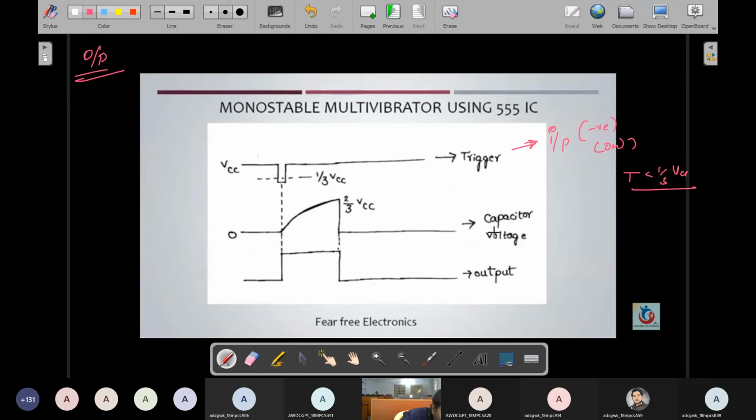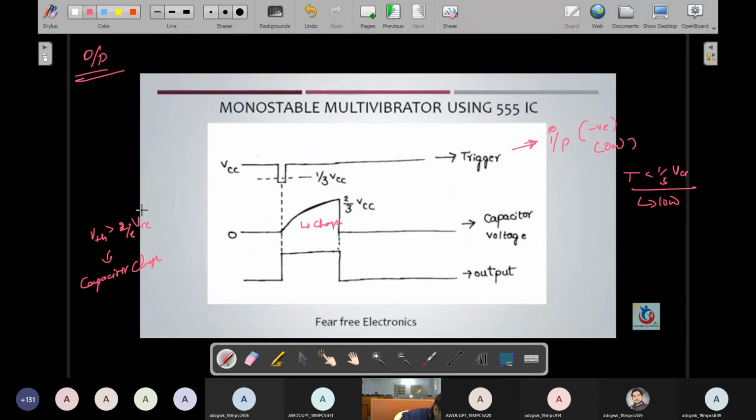So this is the capacitor output. Once a low-value trigger is given, what will happen? The capacitor gets charging. This is representing charging. The capacitor is charging in this direction, once it reaches 2 by 3 VCC. Actually VTH is greater than 2 by 3 VCC. In this condition the capacitor is charging. Now once the capacitor is charging, the threshold voltage is greater than 2 by 3